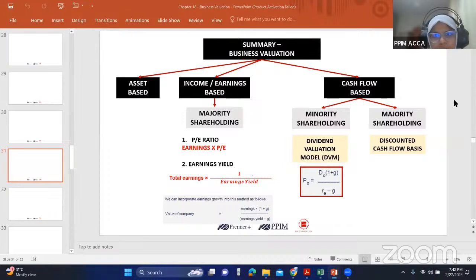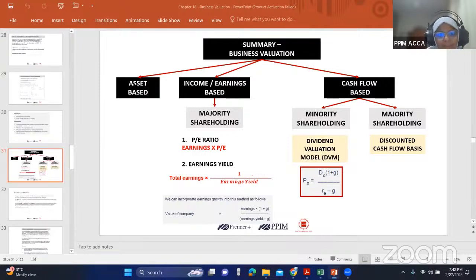If you want to value a business, guys, there are 3 methods. One is you can go for an asset-based method. Asset-based means you basically calculate the total value of all that company's assets. Simple. If they have different assets, land and building, machinery, whatever it may be, you will consider the book values, the market values, or the net realizable value of all those assets, add it up and call that the business's value. First method. The other method is called an income or earnings based method.